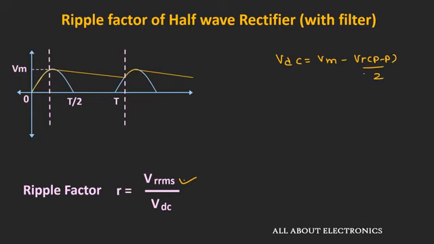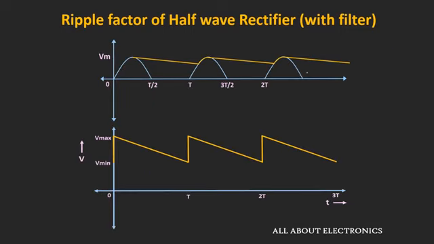So to find this RMS value of the ripple, we will use some assumption. Now if you closely observe the ripple in the output waveform, it looks very similar to a sawtooth waveform, because like I said earlier, the value of the ripple used to be very small. So the charging time which is required by the capacitor used to be very small. Apart from that, the RC time constant of this filter is much larger than this time period. So during the discharging process, the capacitor almost discharges very linearly. So we can approximate this ripple waveform as a sawtooth waveform.